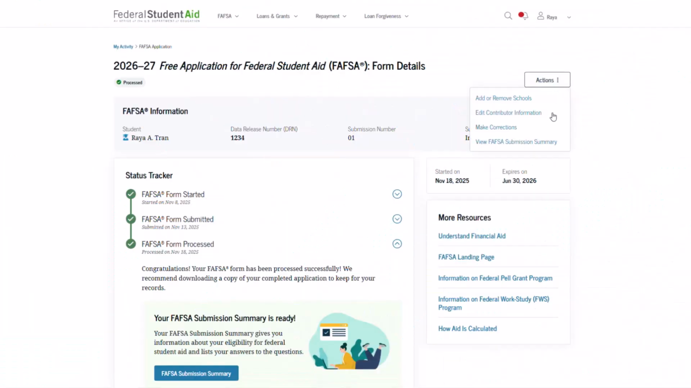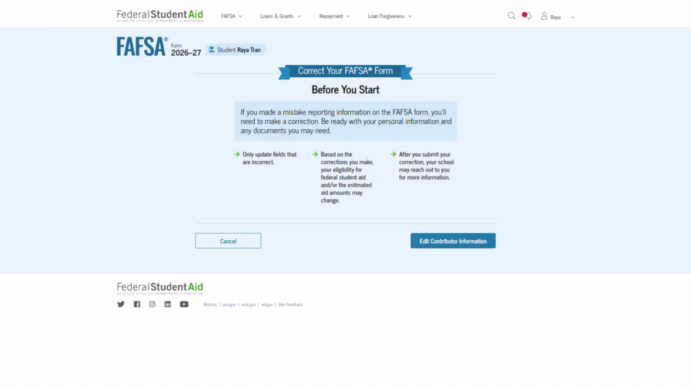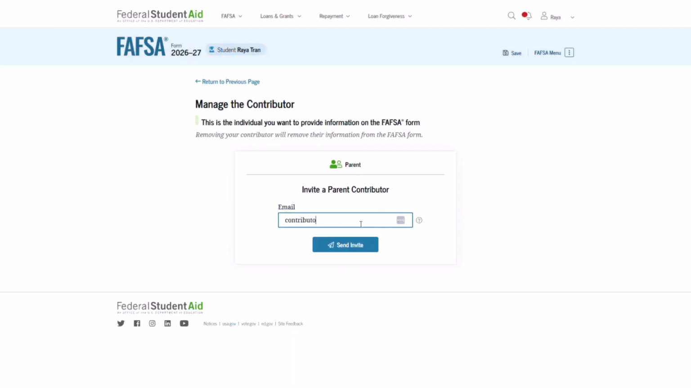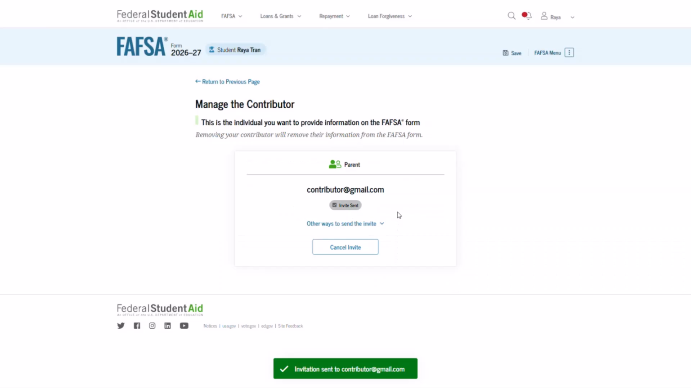submission summary. If you need to edit contributor information, or if you listed the wrong parent in the initial submission, you can also make those changes through the Actions menu. If you edit the contributor information, the FAFSA will send a new invite and the current contributor section will be